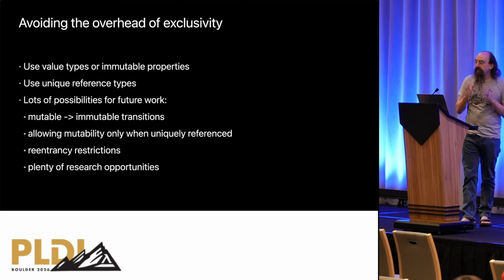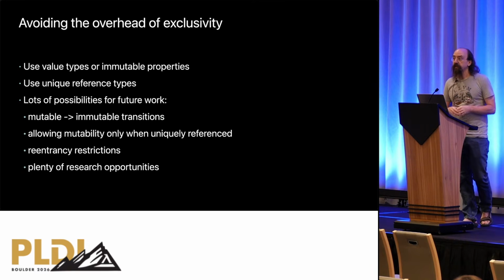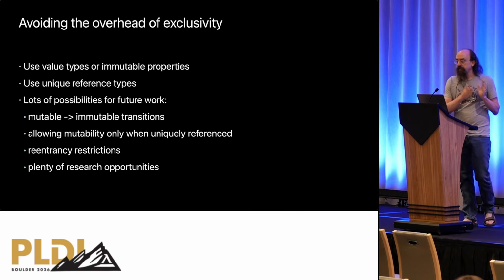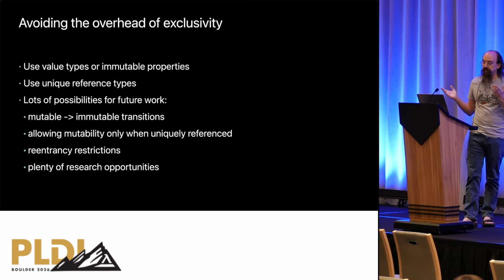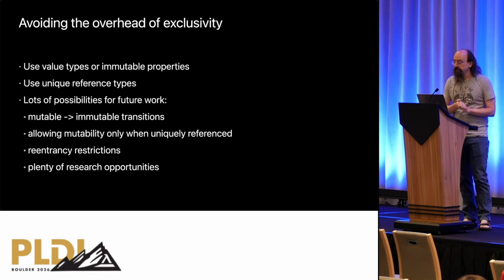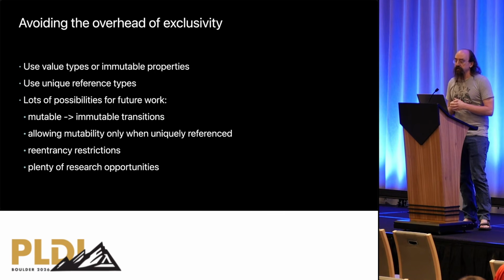That classes have this kind of extra overhead is something that we feel that advanced programmers can learn, and novice programmers don't really need to know about. When programmers do need to avoid that overhead, they do have several options. For one, if they can completely avoid shared mutable state, there's no need for dynamic checks, as we saw before. They can also use unique reference types, which are supported in the standard library. And we have a lot of room to explore other possibilities in the future.